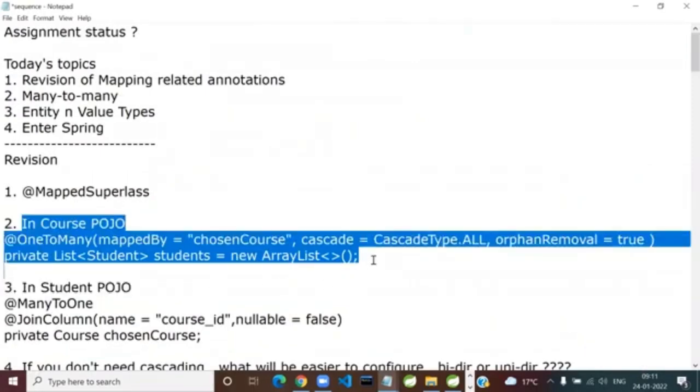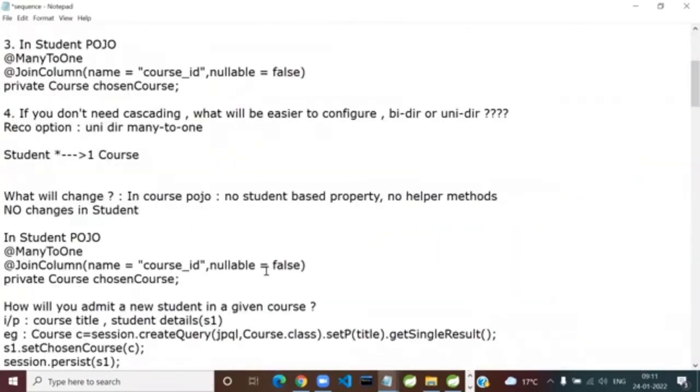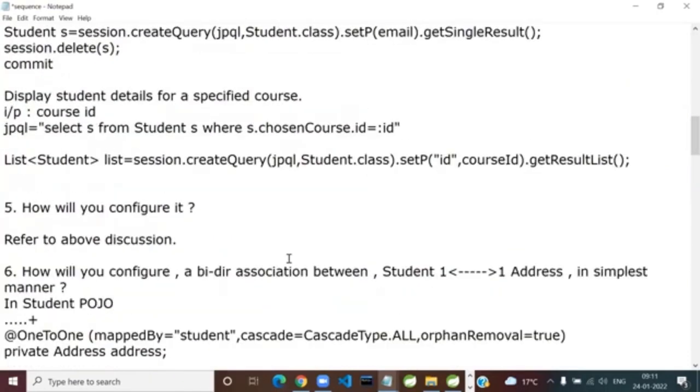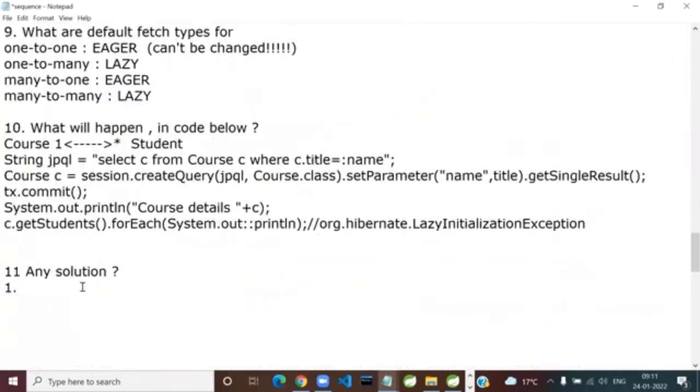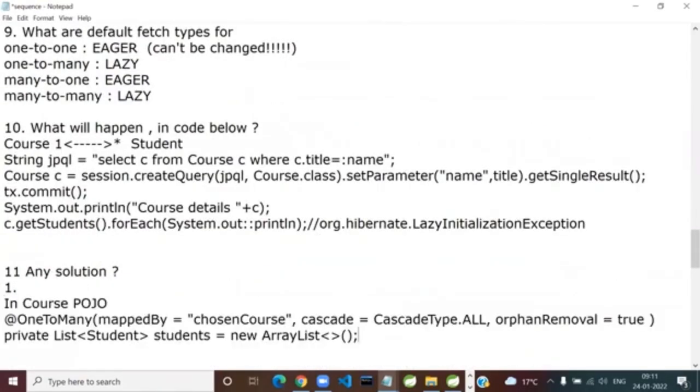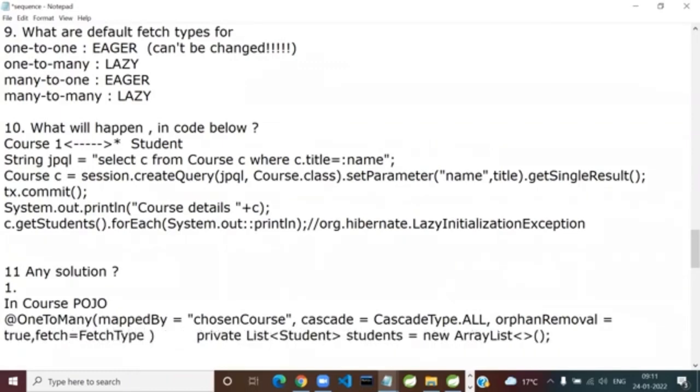The solution exists in here, in your course POJO. So can I add a fetch type here? Answer is yes. fetch equals FetchType, the enum itself, and the FetchType enum has two values, EAGER and LAZY. So what should I change it to? Eager or lazy?